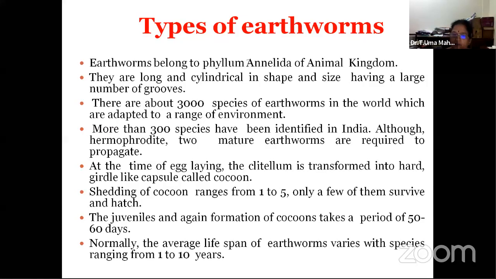Now here, science says these are the worms which we generally get from forest areas, because we already know that in forest areas we have a crust of leaves. When there is rain and leaf fall, all the leaves get crusted and form a crust over the soil, where when rain comes again it gets decomposed, and again leaves will fall. That is a routine process which occurs in nature.